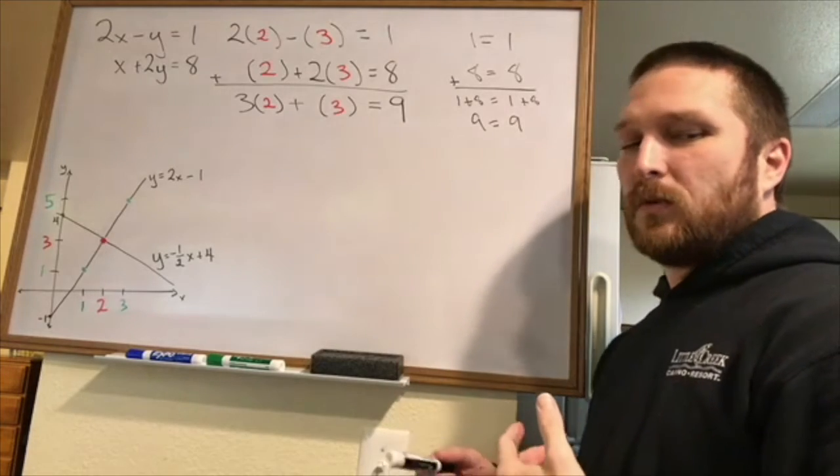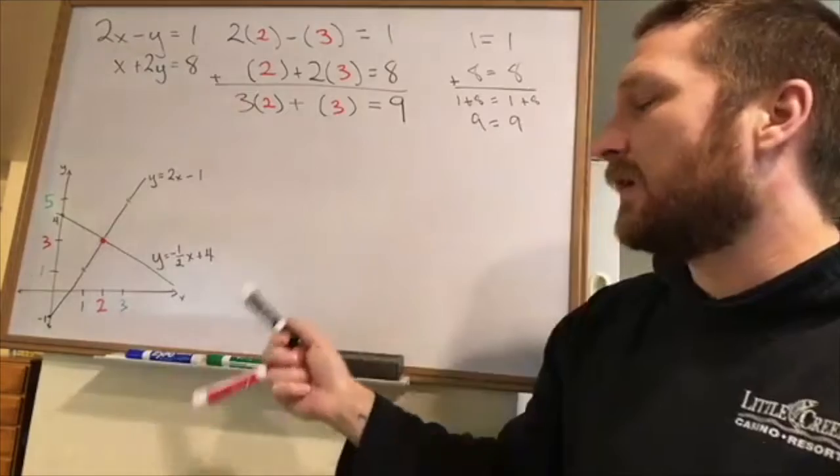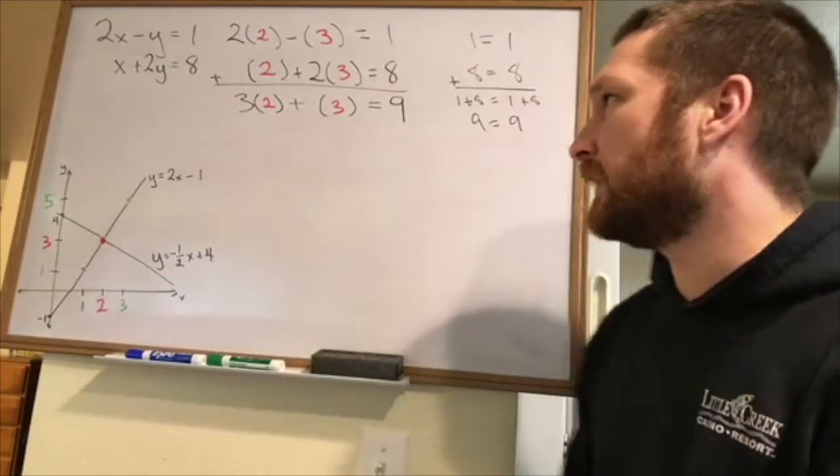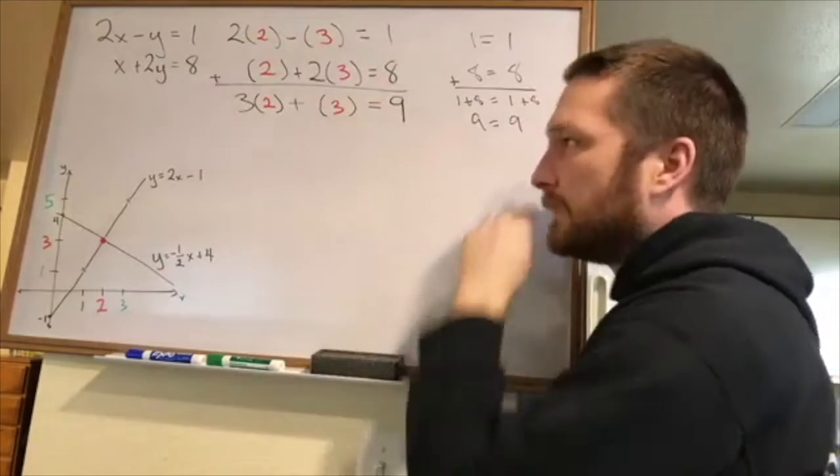And really, this is what we do when we go through our method and we find, oh, x should equal 2, y should equal 3. What you do is you just go in and plug it in and check that this is all true. But